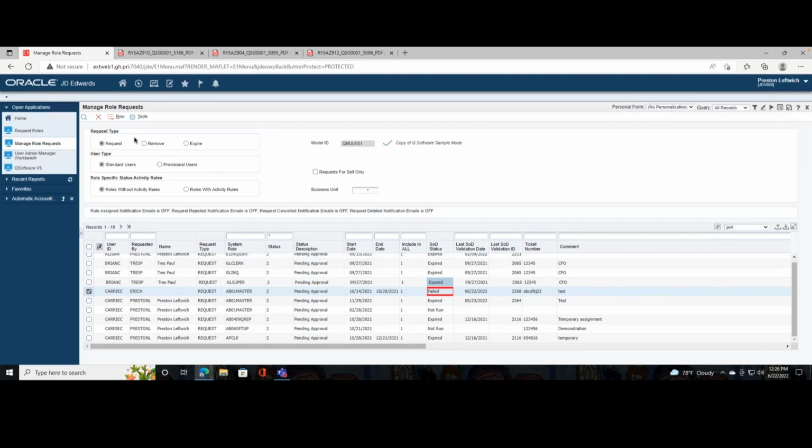So from the workbench, you can filter down by the request type, whether it's a remove or expire. Most people don't use provisional users, but if you're fortunate enough to have a process that's in play, we can segregate between standard users and provisional users. And then we can talk about whether the roles have activity rules set up or not in that configuration piece I spoke of a minute ago. So all of that filters down your requests, and when you get the request in the workbench, the approver